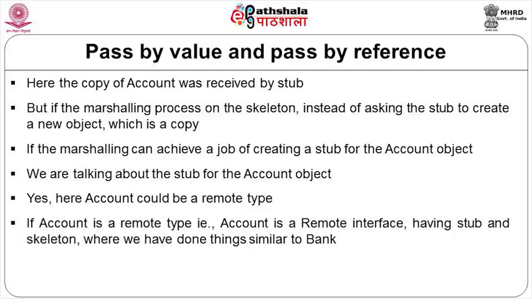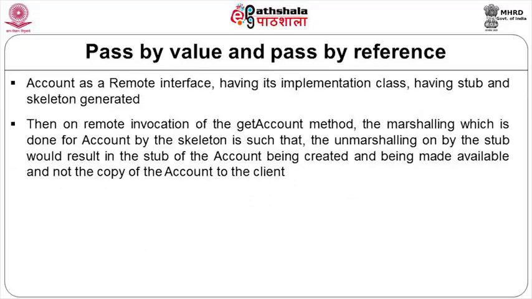If account is an interface where we've done identification, a remote interface having its own stub and skeleton, the way we have done things for the bank, with an implementation class,